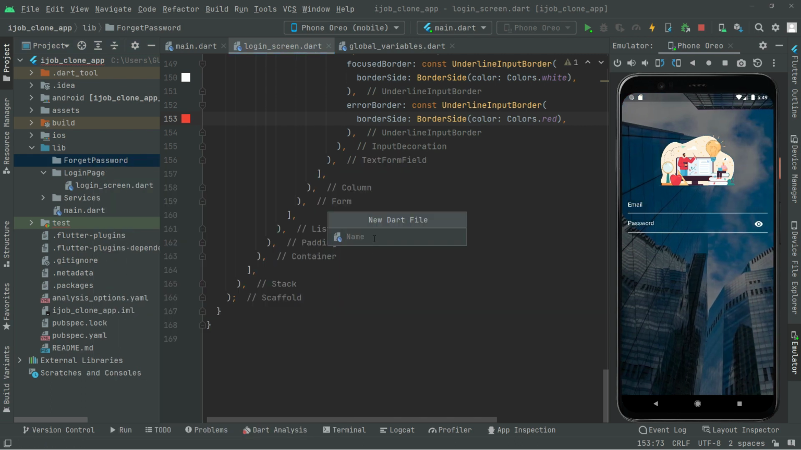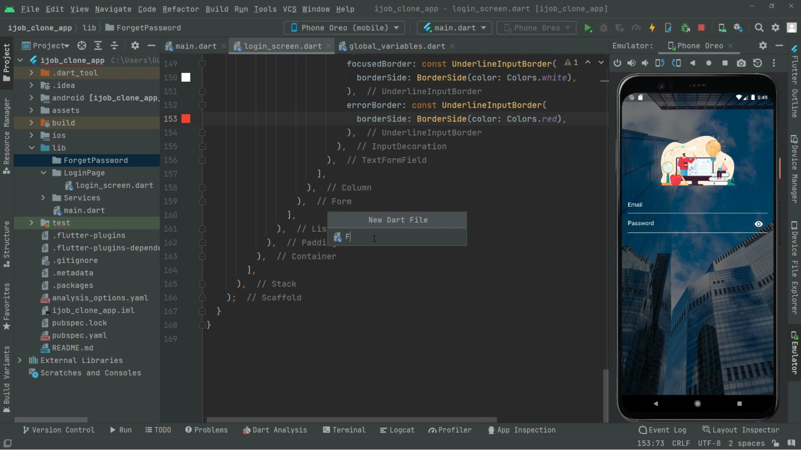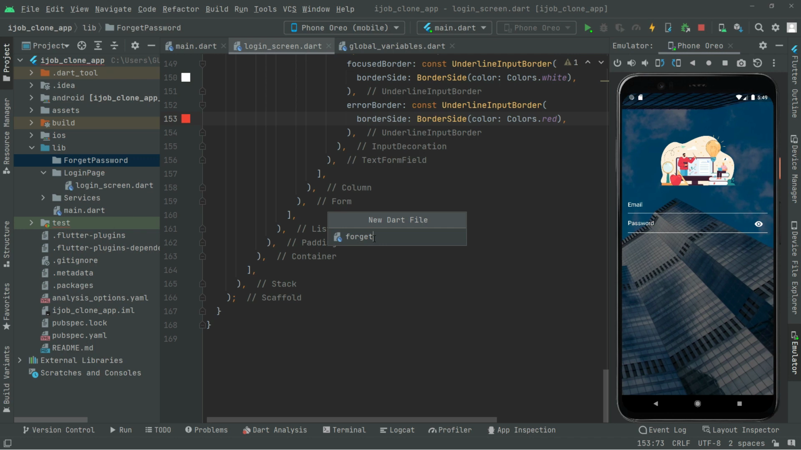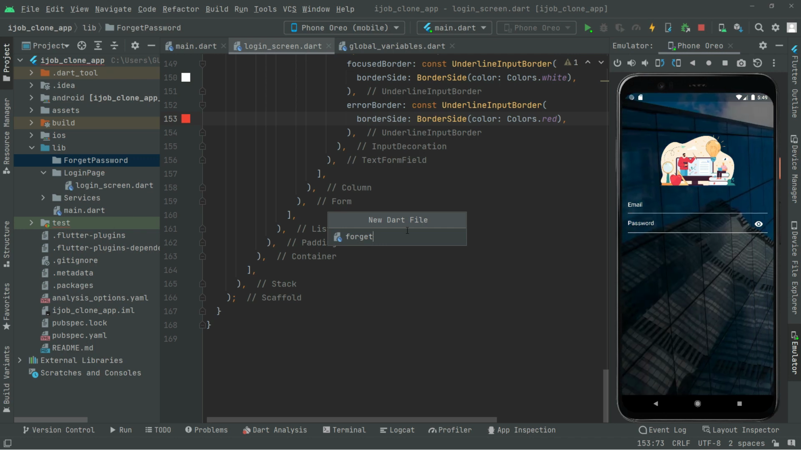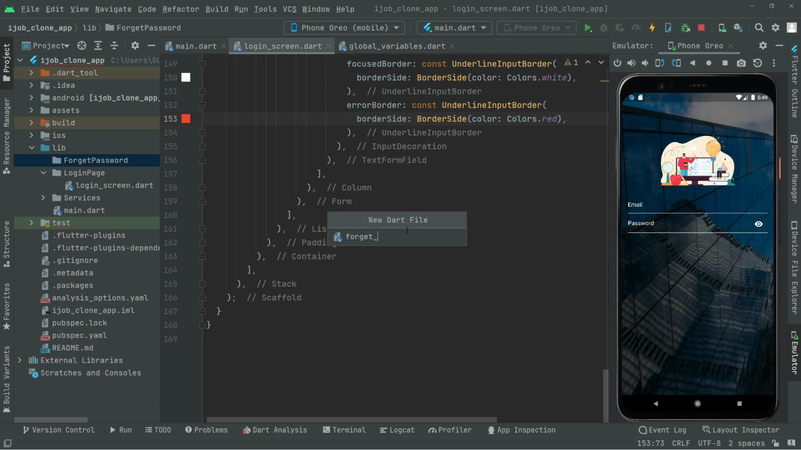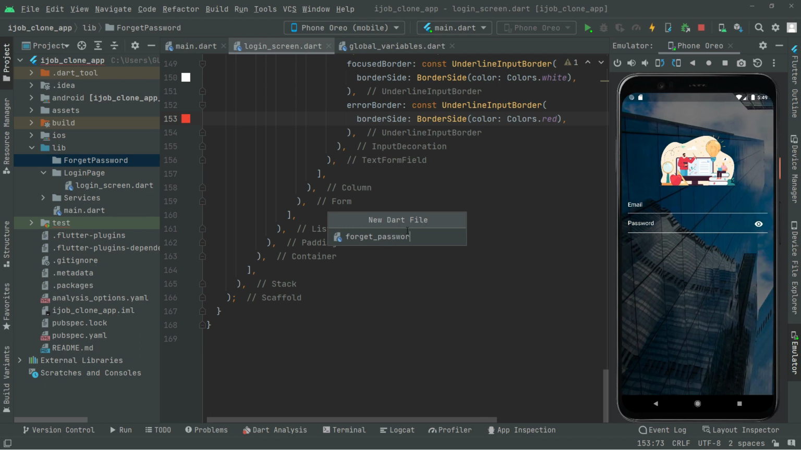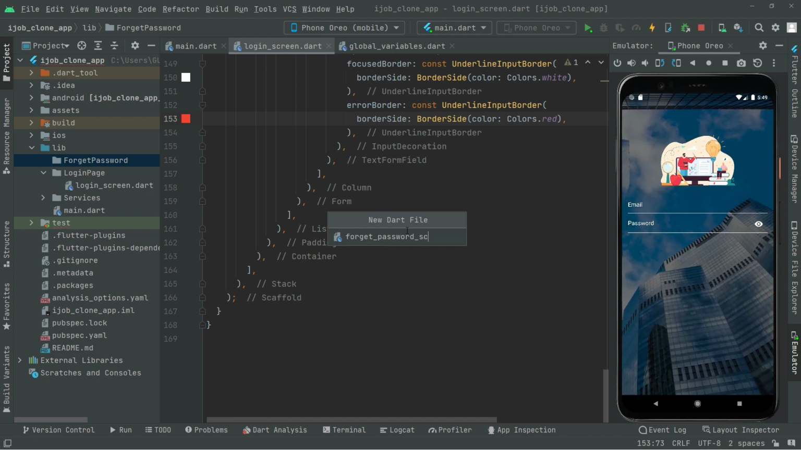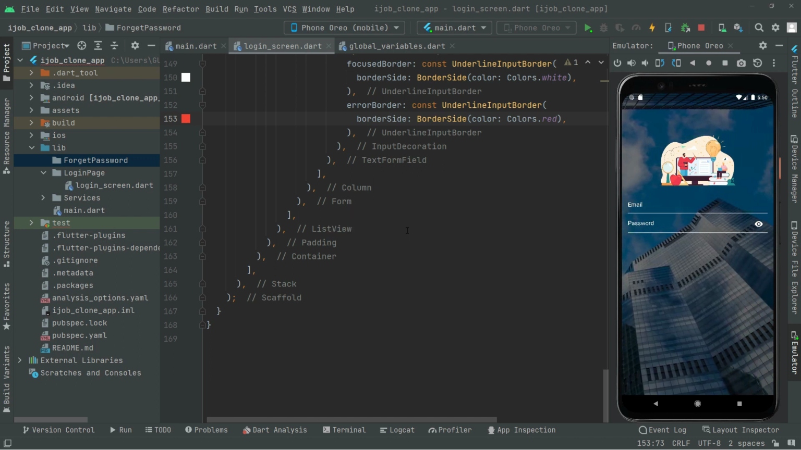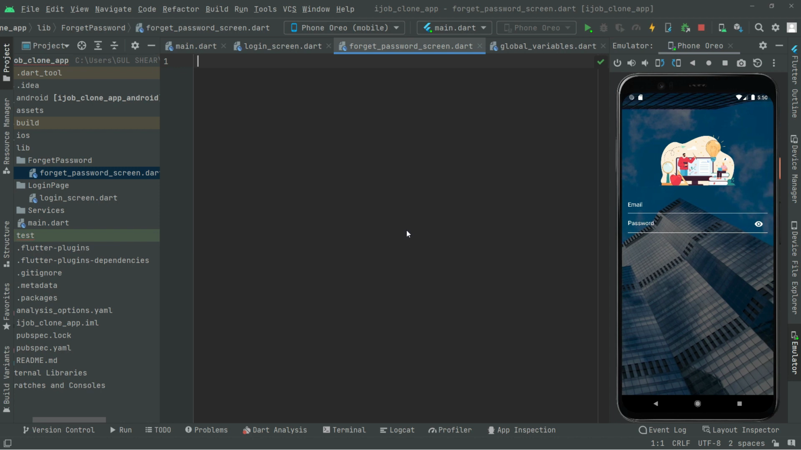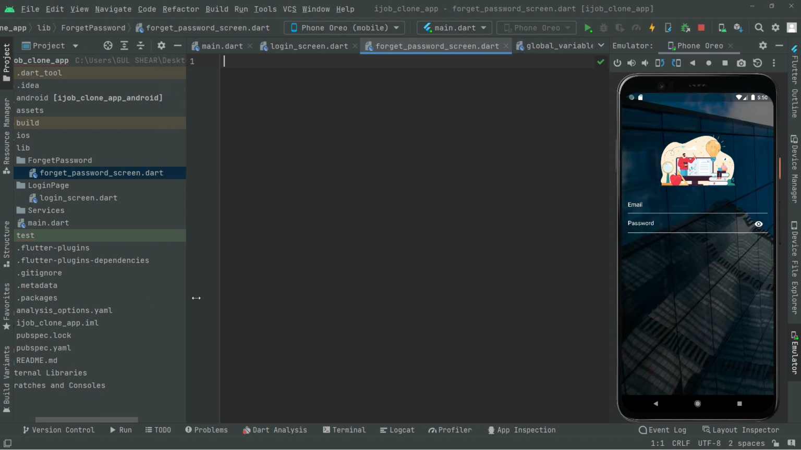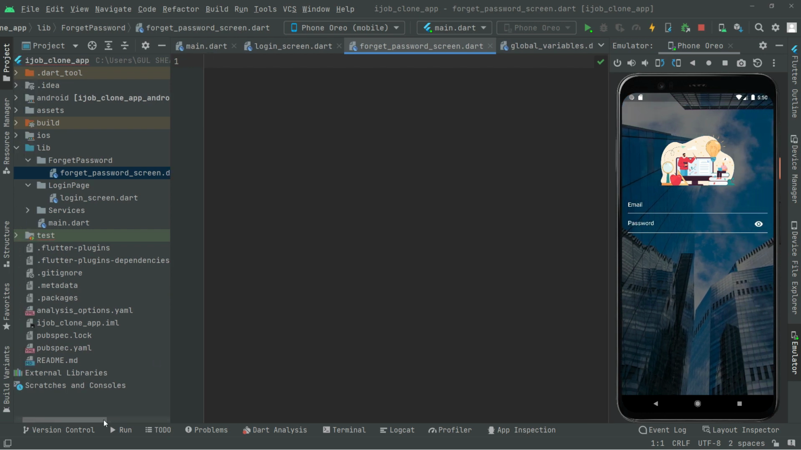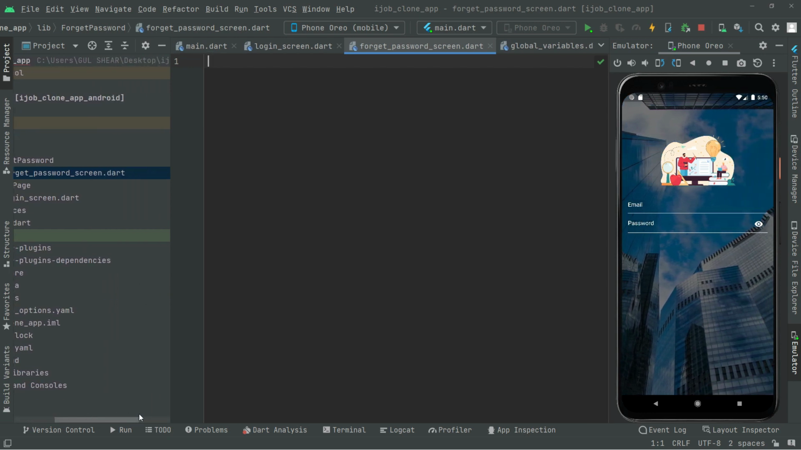Now we will name this right in the small alphabets forget, and instead of space we will give underscore. Now we will write password and then underscore screen. So now in here, move it to this side so that you guys can see. Okay,